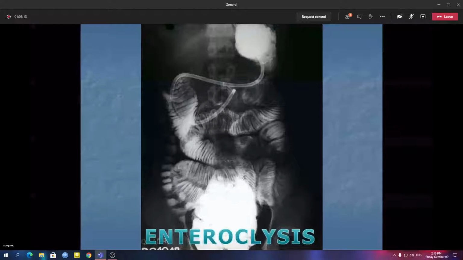Enteroclysis, just showing you a picture of how it looks. Somebody at that point of time, in a supine X-ray of intestinal obstruction, said it is enteroclysis. Almost looks the same, I agree, but there is a tube in enteroclysis because you have to send the dye to the small bowel. In a small intestinal obstruction, you don't get a tube like this. Okay.